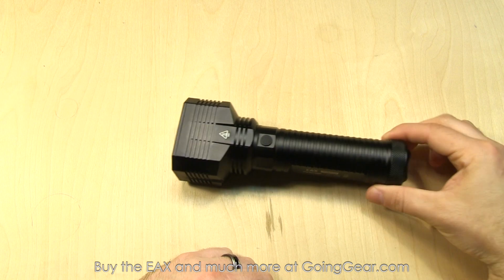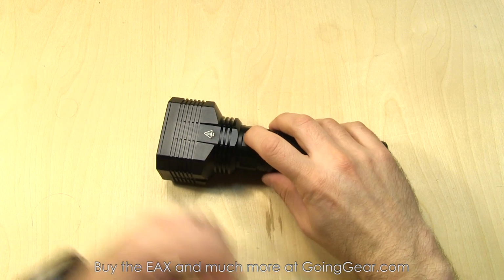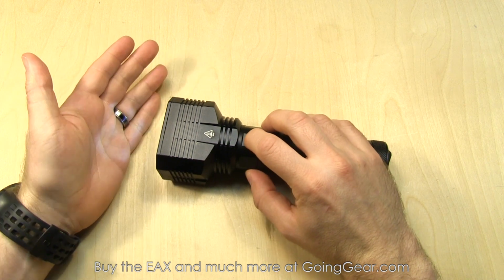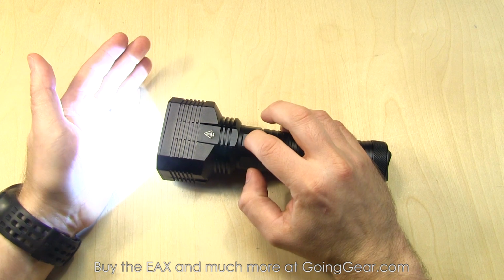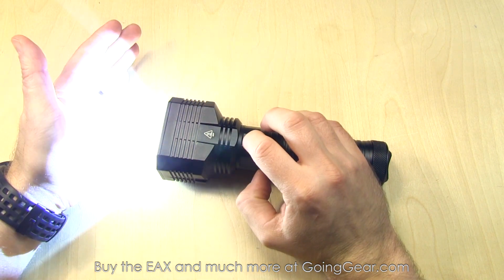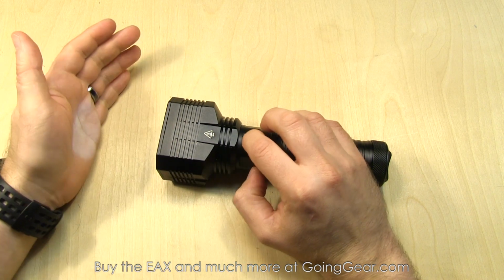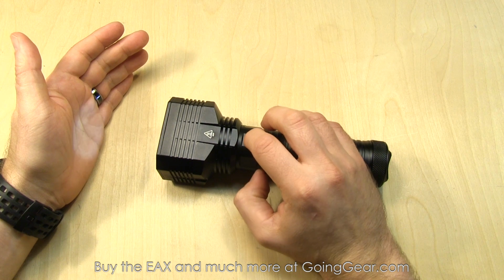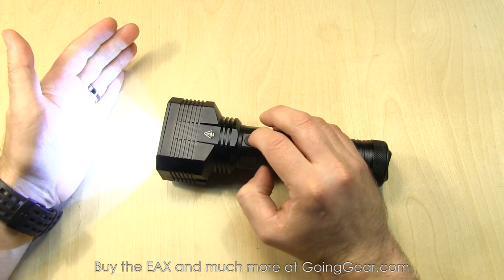Alright, let's go through the interface of the EAX. So it's all controlled by this 2-stage switch. So if you lightly press it, it goes into what I think they call the general mode. You can see from the factory it comes on the super low output. Keep on doing those half presses and it'll cycle up and then back down. It'll go through those. And there is a memory on this, so if you turn it off and turn it back on, you can see it does have a memory. So if we bump it up a couple, turn it off, turn it back on, it does have a memory